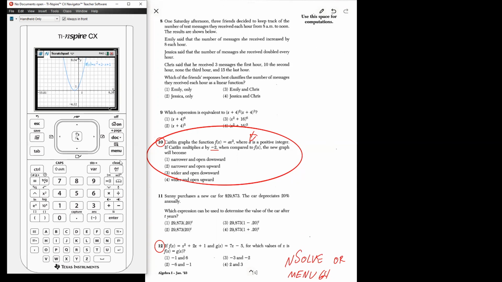And now what I'm going to do is I'm going to do menu. Nope, actually, I'm not going to do menu. I'm going to do tab. And then I'm going to enter the second function. And this one is linear. So this is going to be 7x minus 5. Press enter. Now, these have the same color. Don't like that. So I'm going to change the color of the second one to red. Now, if I pull this down,